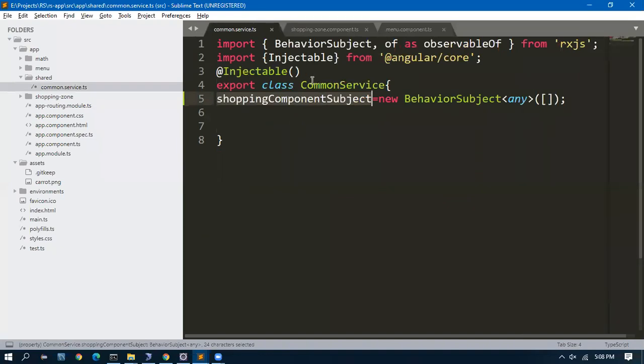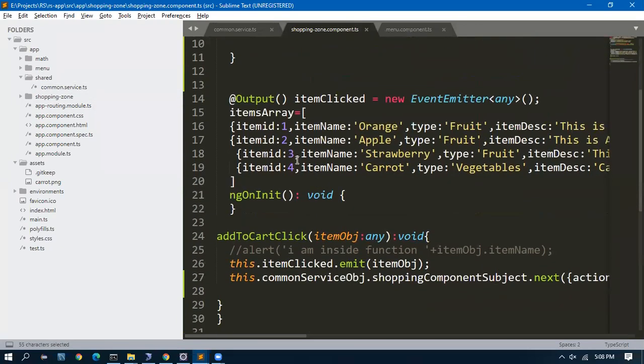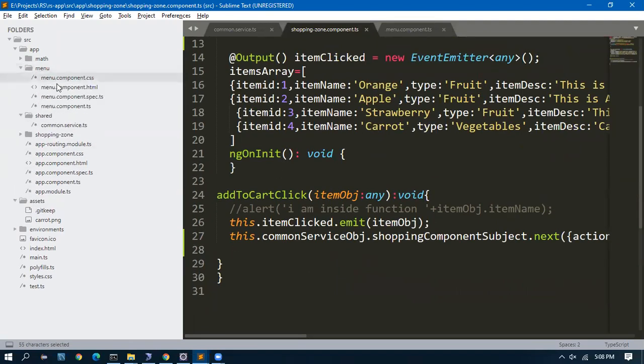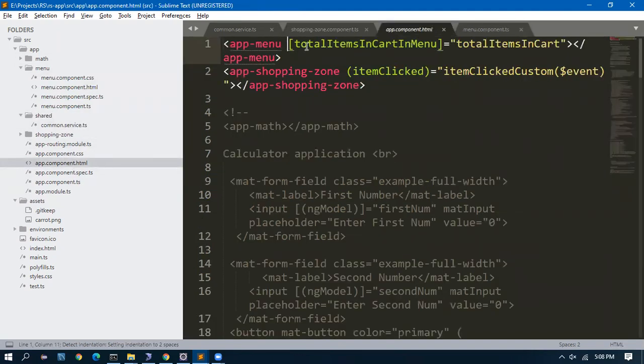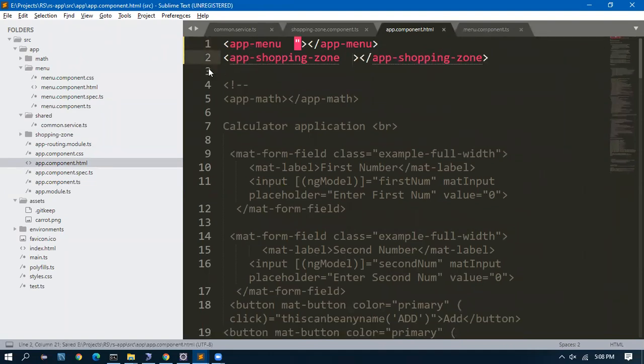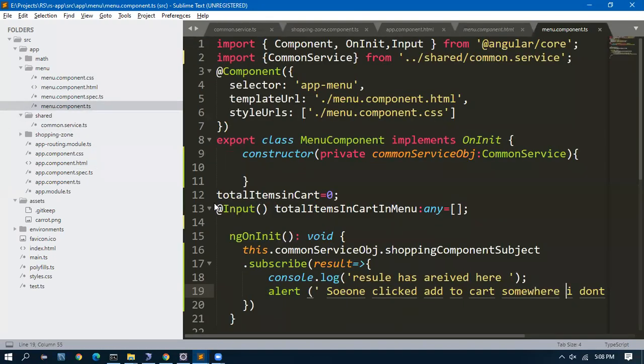Now I can delete everything we did in coding previous week, yesterday. In the app component HTML, I need not pass it. I can remove it. I need not capture this. In menu component TS, I need not give an input.